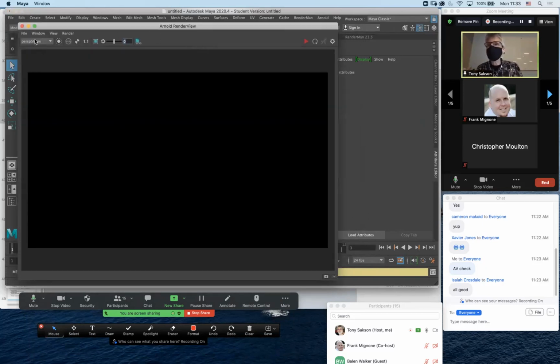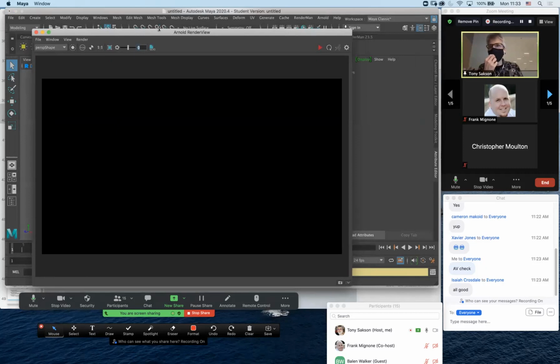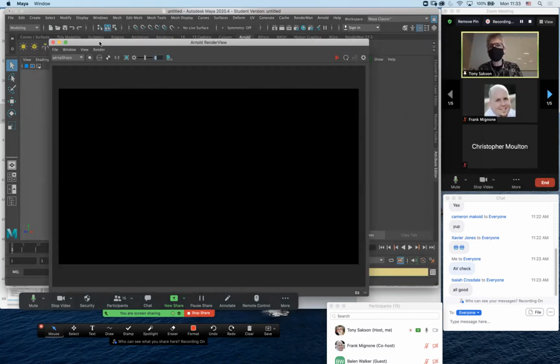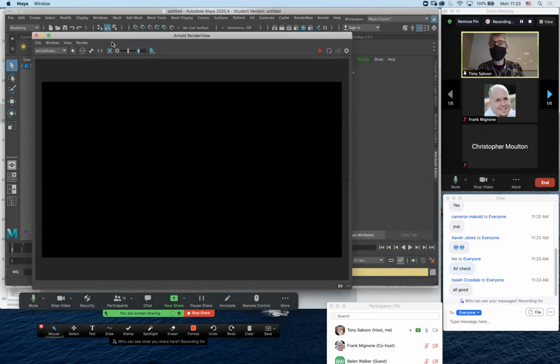All right, so in the Arnold render view, you got the camera. Right now I have an empty scene, so it's got a single perspective camera inside of it. Arnold's not real keen on doing orthographic cameras. So it'll do them for you, but unless you've actually got a scene open with something in it, it's not going to do much. If you want to crop an area, this little button right here will allow you to crop and render inside that area. And that will be the render button. Here is your